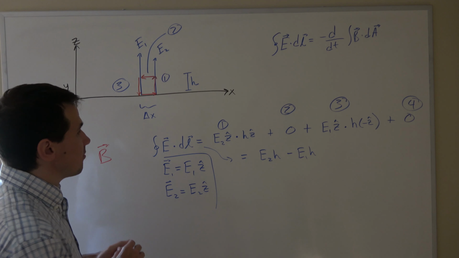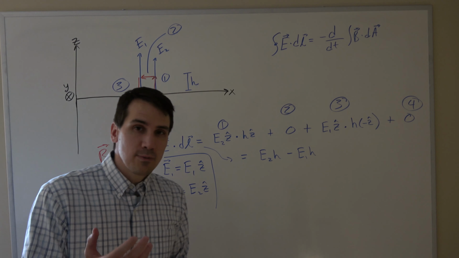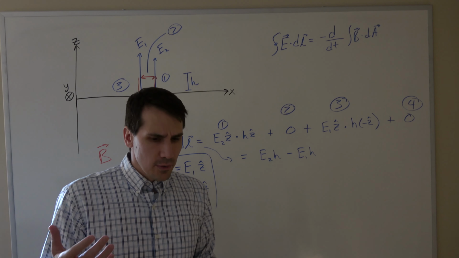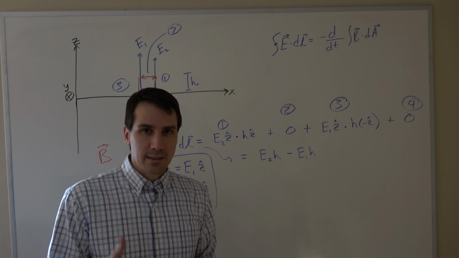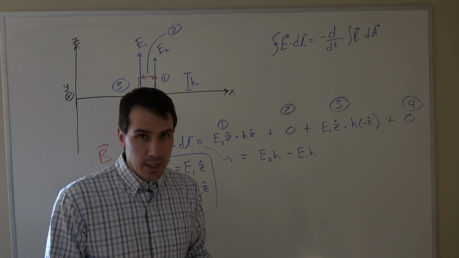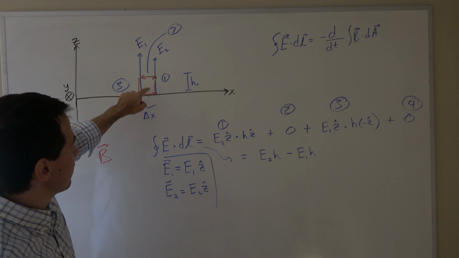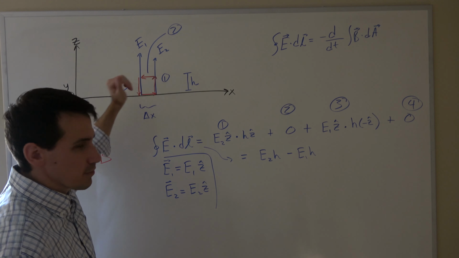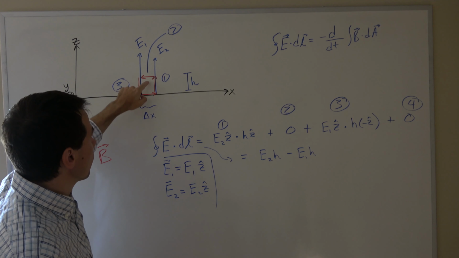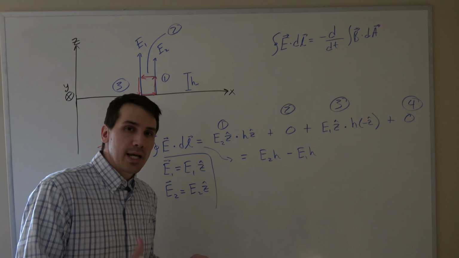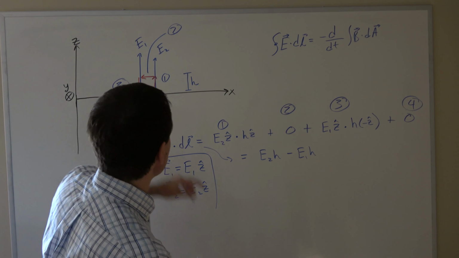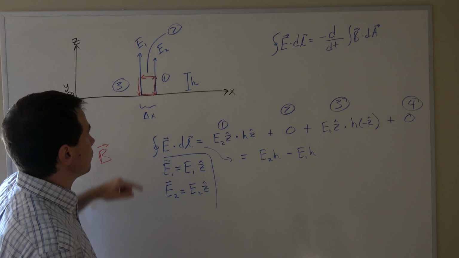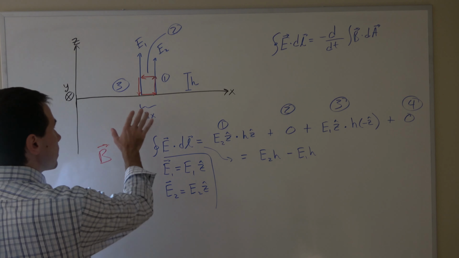Now, our area vector here, we do have to be careful. When we were doing Faraday's law before, we basically picked an area vector at random, saying the area vector has to be perpendicular to the surface, but that can be out of the board or into the board. But here we actually have to use a right-hand rule to figure out the area vector associated with this direction of looping around our